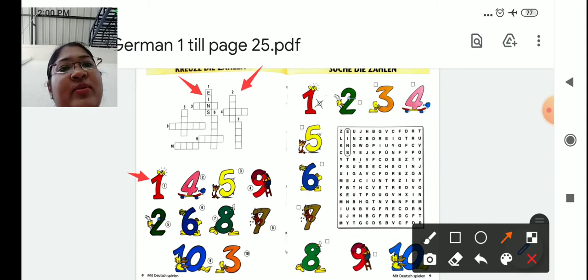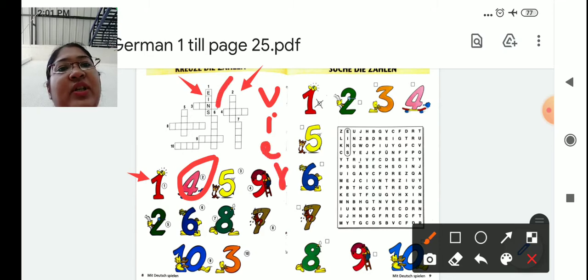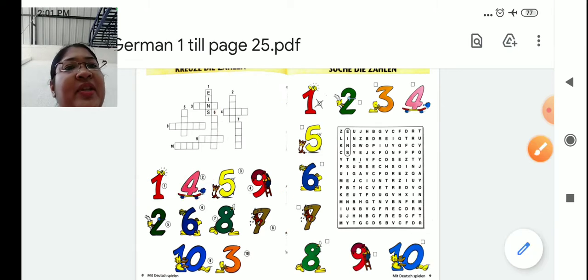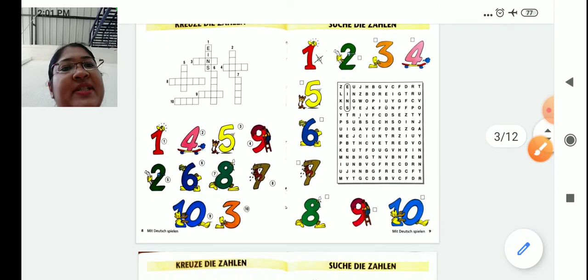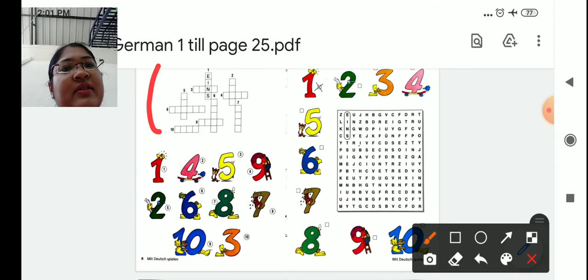Now see, this is Nummer 2. So what is the number 2? It is not the spelling of number 2 you have to write. This is number 2, so this spelling is 4. That is vier. So that spelling you are supposed to write down here. V-I-E-R, vier. So in this 2, vertically you are supposed to write the spelling of vier. So I hope you have understood this, and then fill this whole puzzle which they have given, which we will discuss in the class.